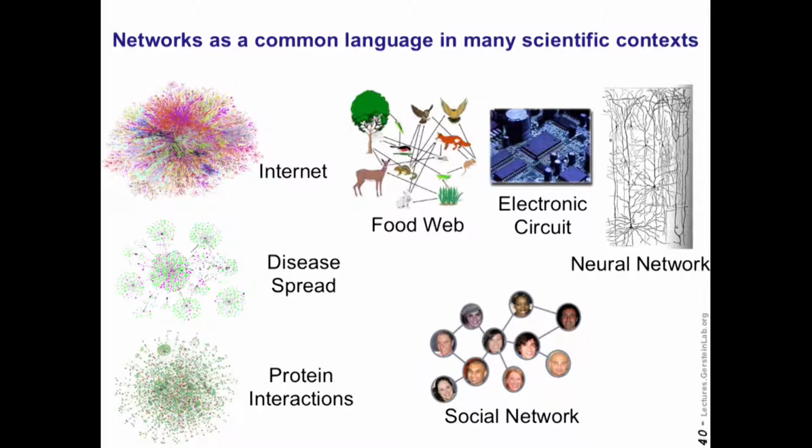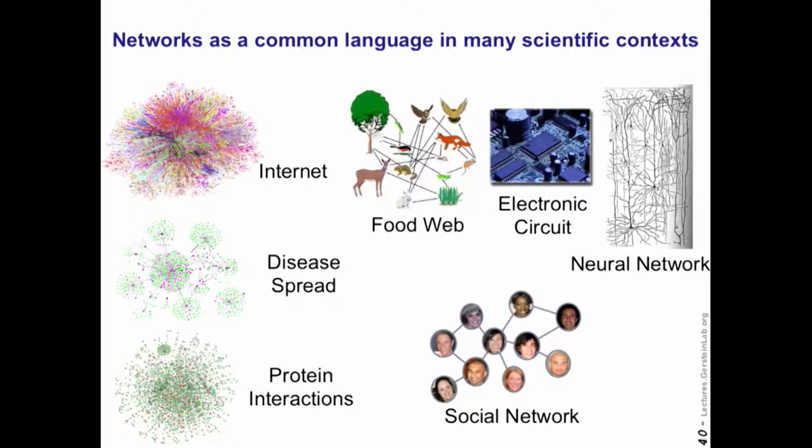They'll use networks to talk about the brain, to talk about computers, they'll talk about food webs, and of course, there are social networks and stuff like that. And so this picture of networks kind of transcends the particular discipline we're working in. And the fact that it transcends that discipline is very powerful because it means that we can communicate ideas to other disciplines, and we can also, as I'm going to